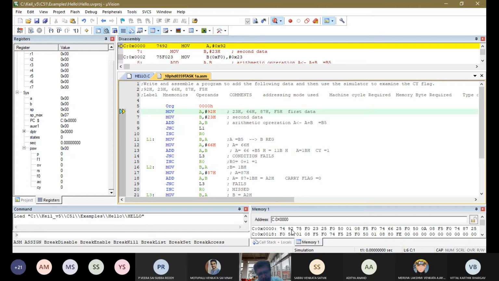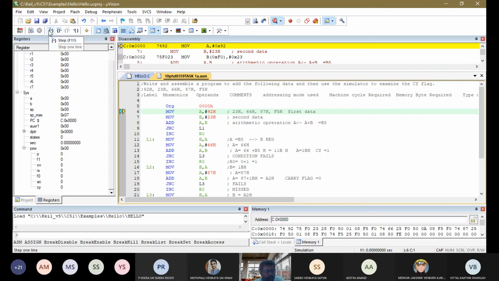Like that, if you take 75F023, this is the way it will be available in the memory. Your information. Okay. In hexadecimal, we are giving 0x0000.